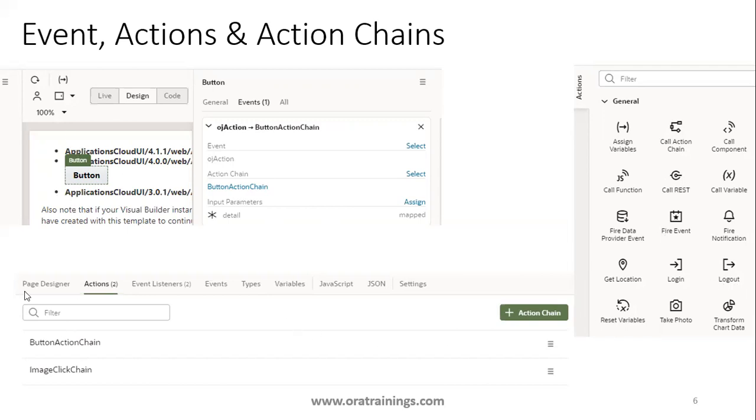You can also see the list of actions on this particular button. When we go to the browser, we can understand all these graphical components. But as of now, at a high level, you have a button and a set of predefined actions. You can use any of them based on your requirement. Okay, events, actions, as well as action chains.